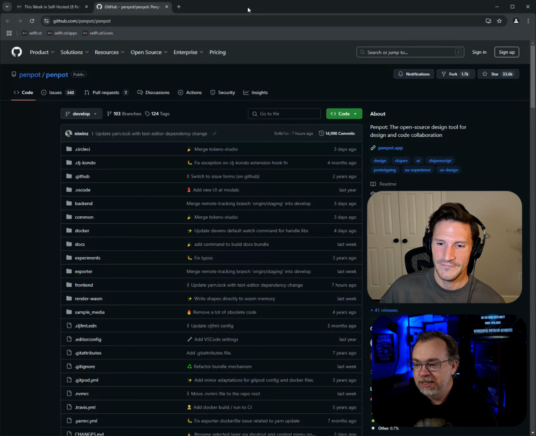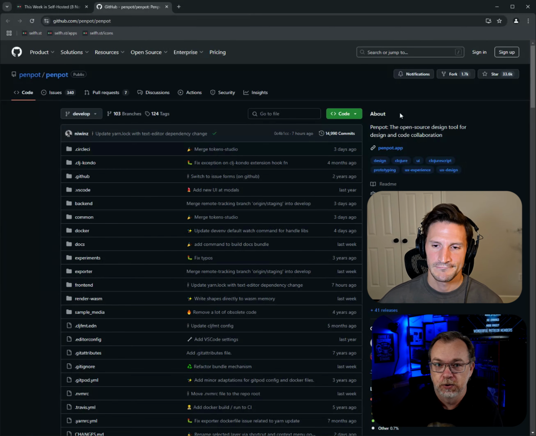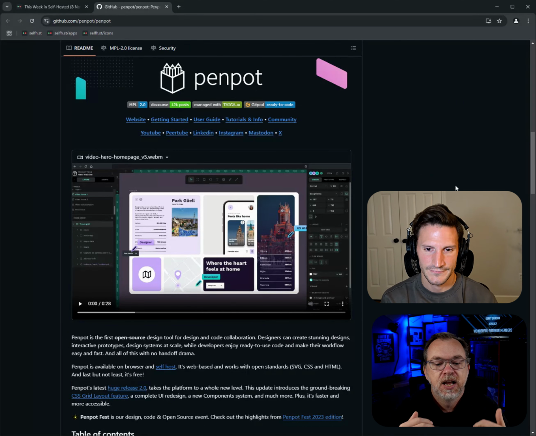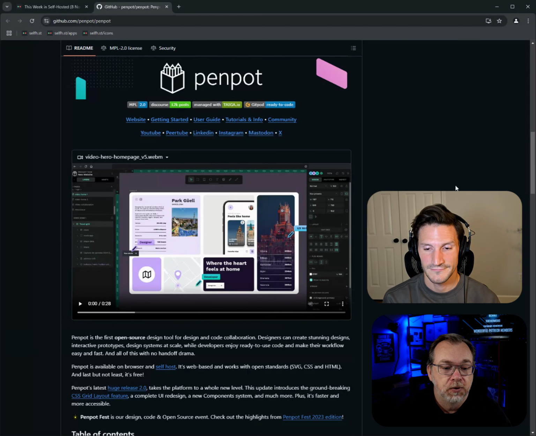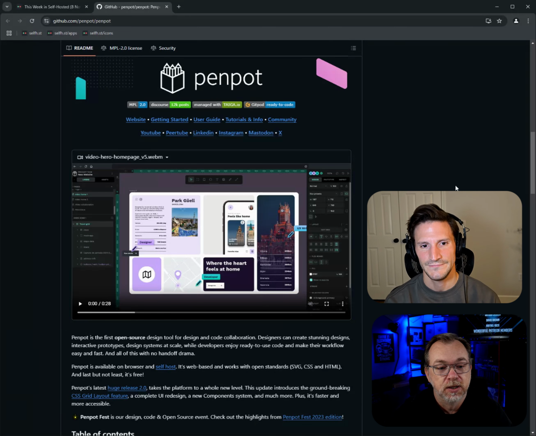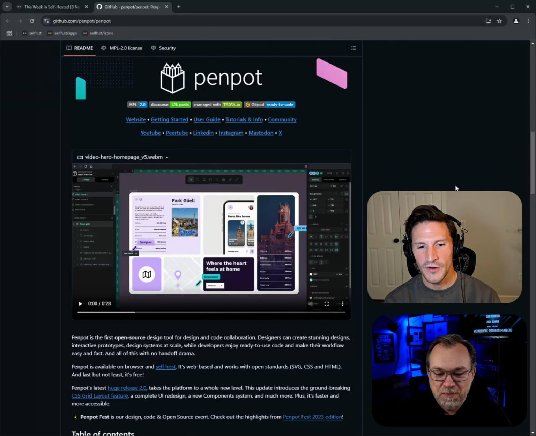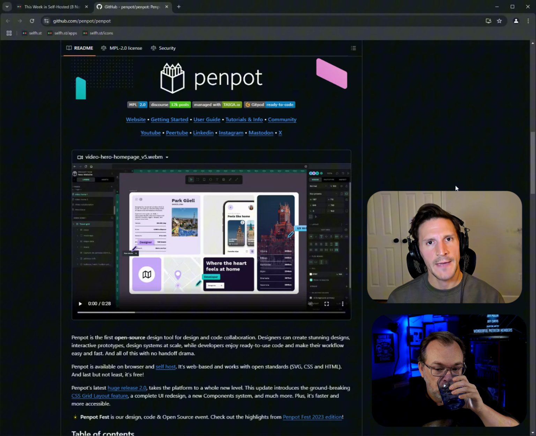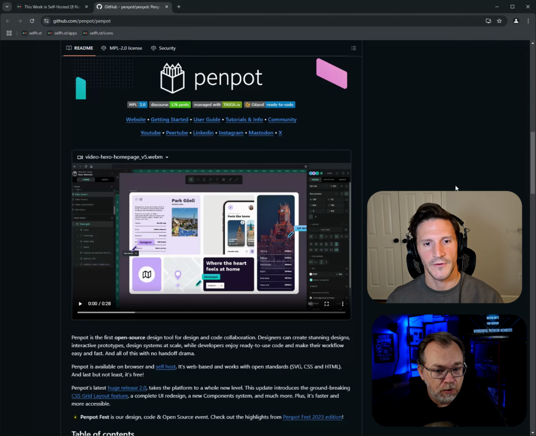So I'm stoked to see that stuff like that is coming into the self-hosted atmosphere versus having to pay for a big corporate project management file asset sharing solution. I love this. I think this is a really cool thing that they're doing here. And I hope more people save relationships as a direct result of this project. So I love it. When I look at PenPot, it looks like one of those applications where I can't believe this is free, self-hosted, open source software.